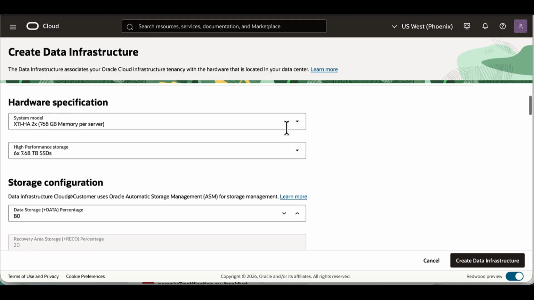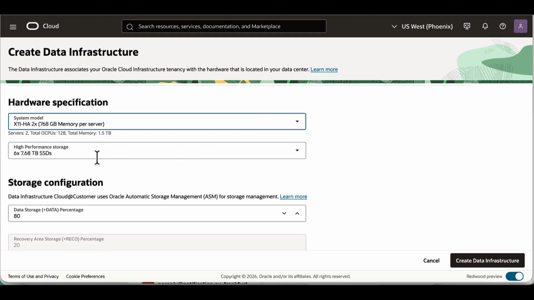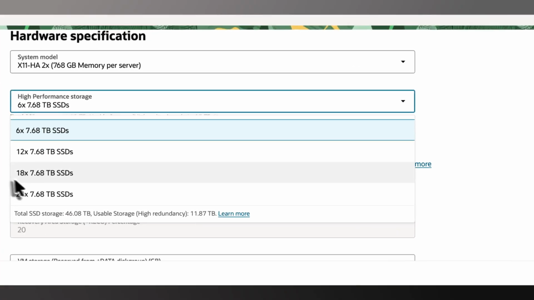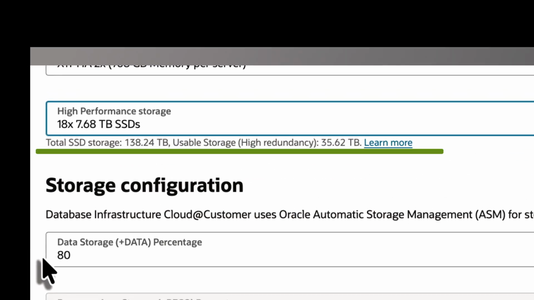Now select the system model that matches your deployed Oracle-based database cloud@customer hardware. Configure the high-performance storage by selecting the storage specification for your deployment. And as you make your selection, the console displays the total and usable storage capacity, making it easy to verify